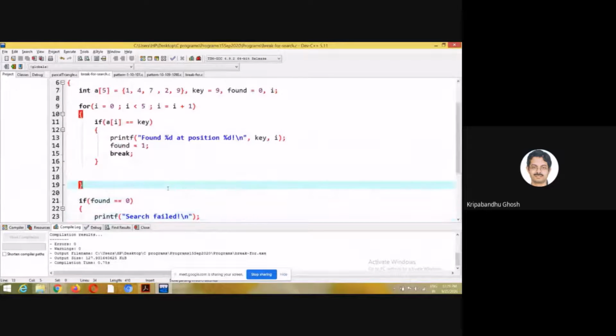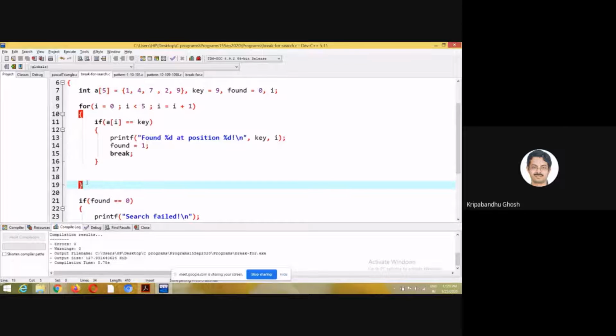But you see that if I do the break, the control can come to this point under two circumstances. One is that the loop has executed successfully, so maybe it has gone from i equal to 0 to i equal to 5, where this condition was false.